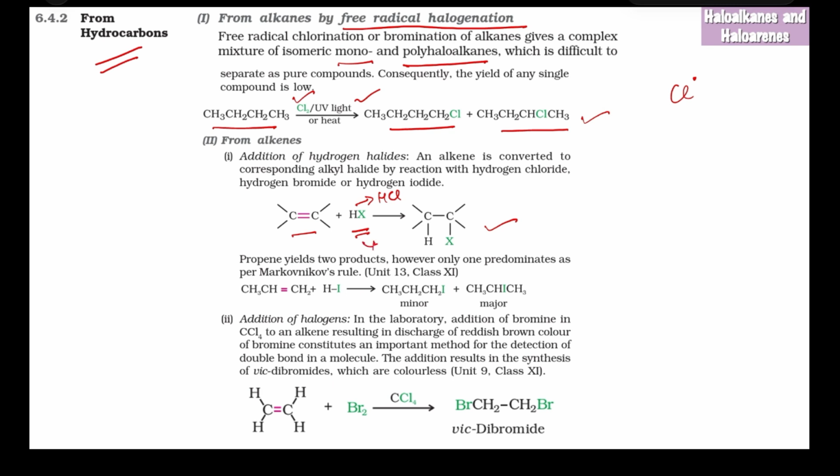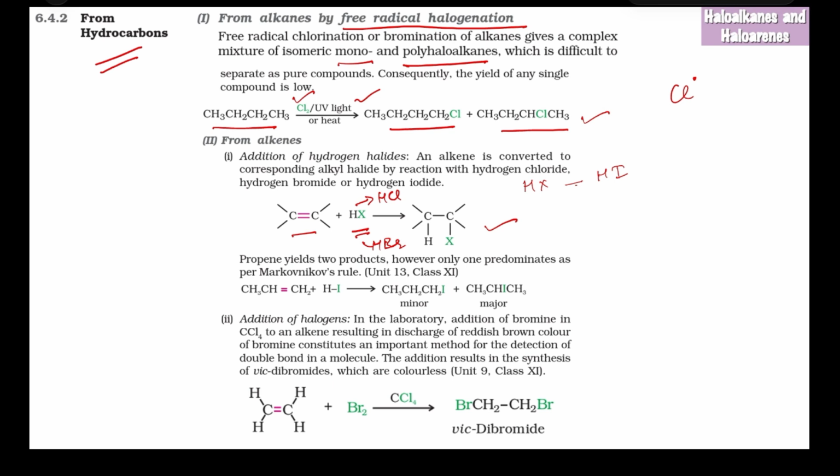If this represents HBr, in that case HBr will add across the double bond and bromoalkane, or alkyl bromide, will be obtained. If HX represents hydrogen iodide, in that case HI will add across the double bond and alkyl iodide will be